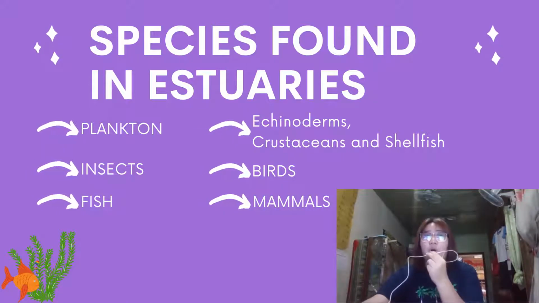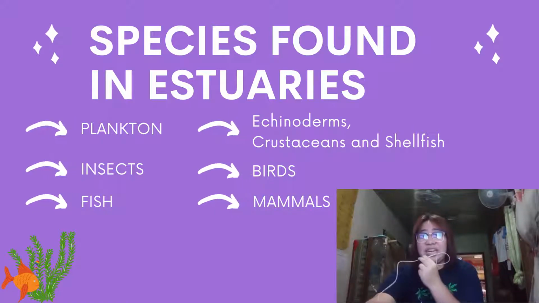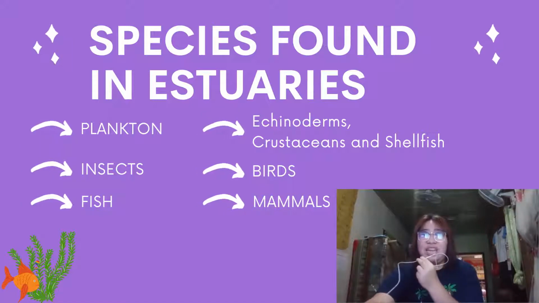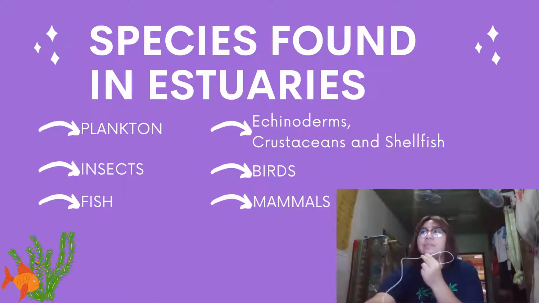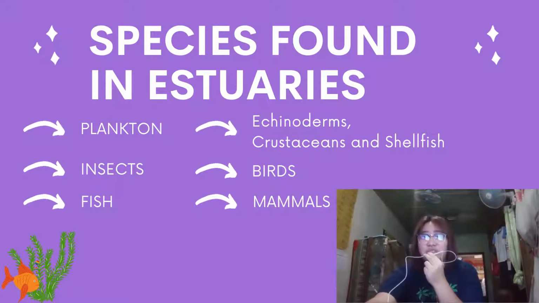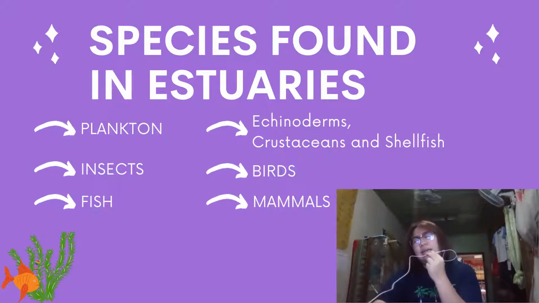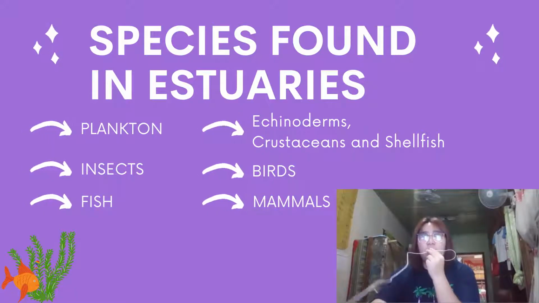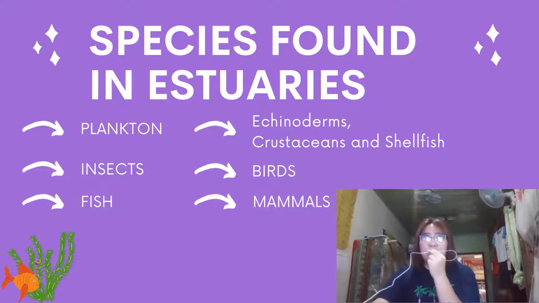Estuaries are also known for their plentiful forage fish such as herring and surf smelt, which are preyed upon by larger fish and animals. The fourth one is the echinoderms, crustaceans, and shellfish. An example of echinoderms is sea stars, which use handles of 2 feet to catch and carry prey